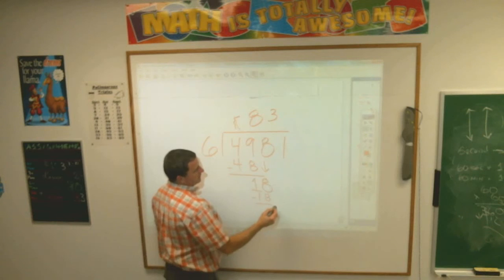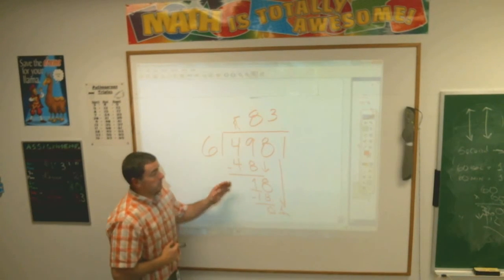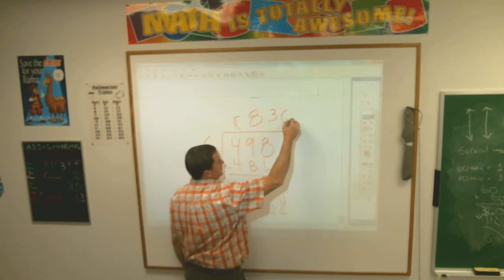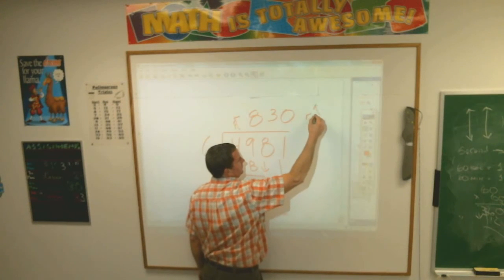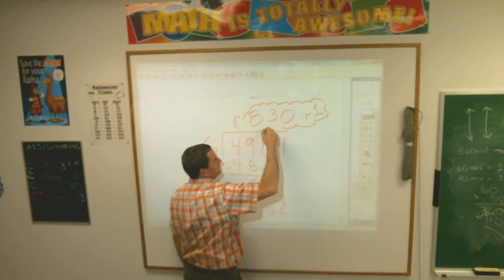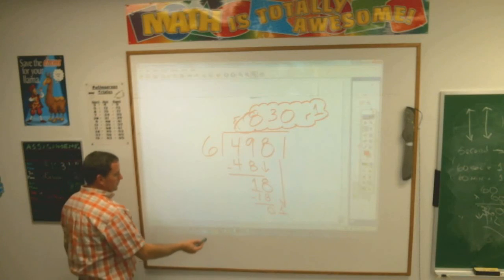Do my subtracting. Bring down the 1. I brought down a number and 6 doesn't go into 1. So that's where you have to say, okay, I need to put a 0 up there. There's nothing left to bring down. It's the remainder of 1. If you struggle with that,